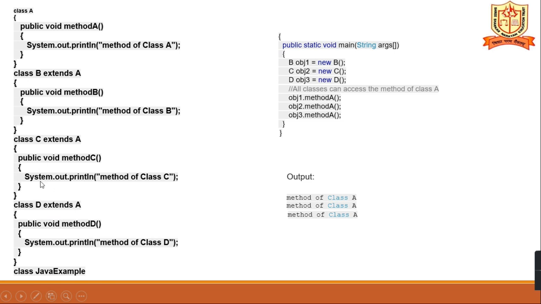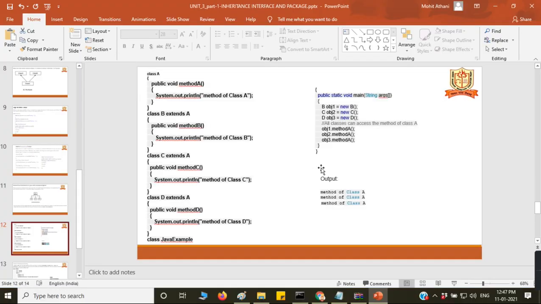For B, C, D, there is only one superclass, that is A. In this Java example, you have objects of B, C, D. You have to create the object of all three classes, and you call method A through object one, then method A using object two, and object three also we are calling method A. Is it clear? So what is the example name?